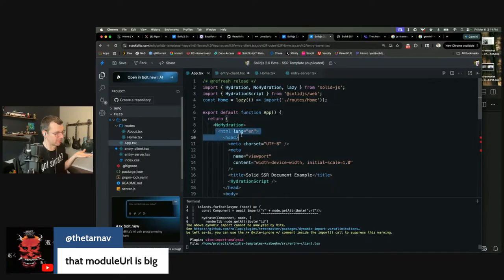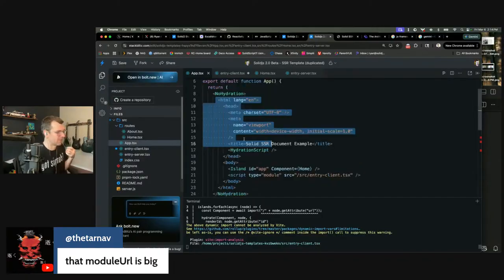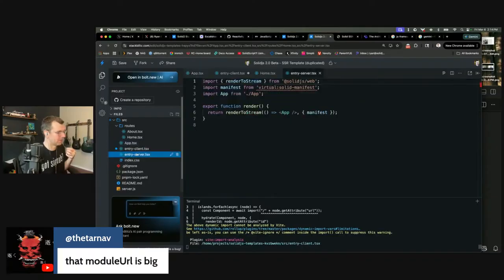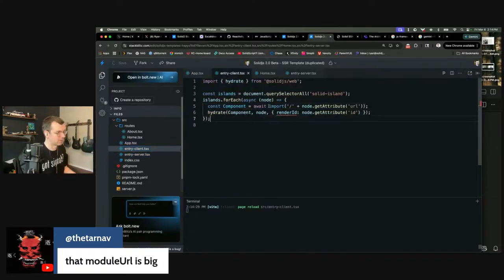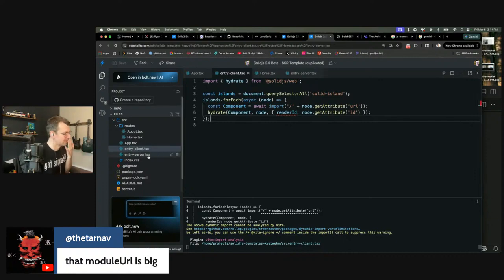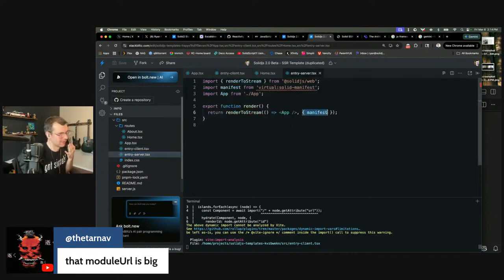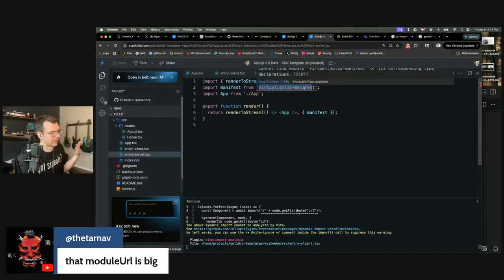So we already showed a place where we skipped not only the IDs but also not sending the JavaScript for the app. But with this, you can see that perceptually, we could easily go in here and just import the specific modules. And the trick to this is something that I haven't been showing off too much. Render to stream takes a manifest, and I've chosen to use Vite's manifest format here because it's our 99% case. But essentially, it doesn't matter, Webpack or Rollup or whatever. As long as we can get the manifest in the Vite manifest format, we pass that into render